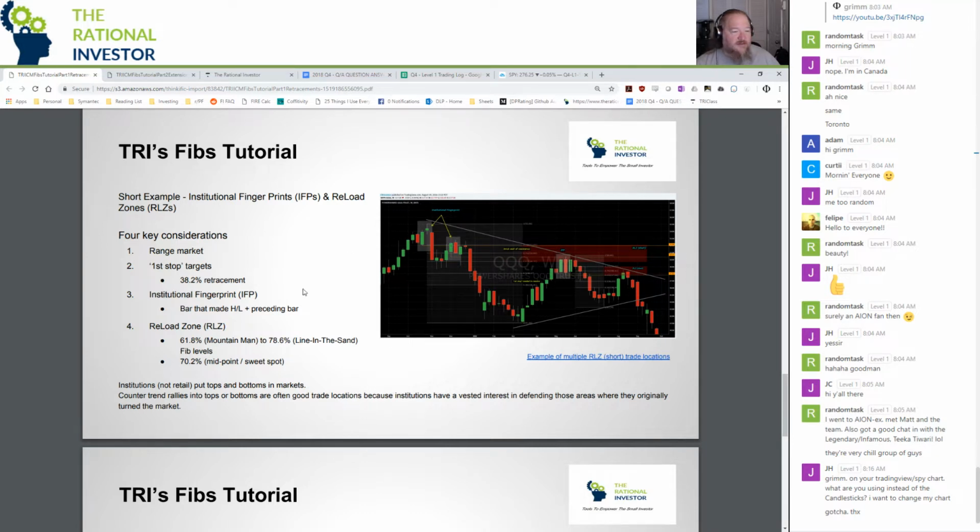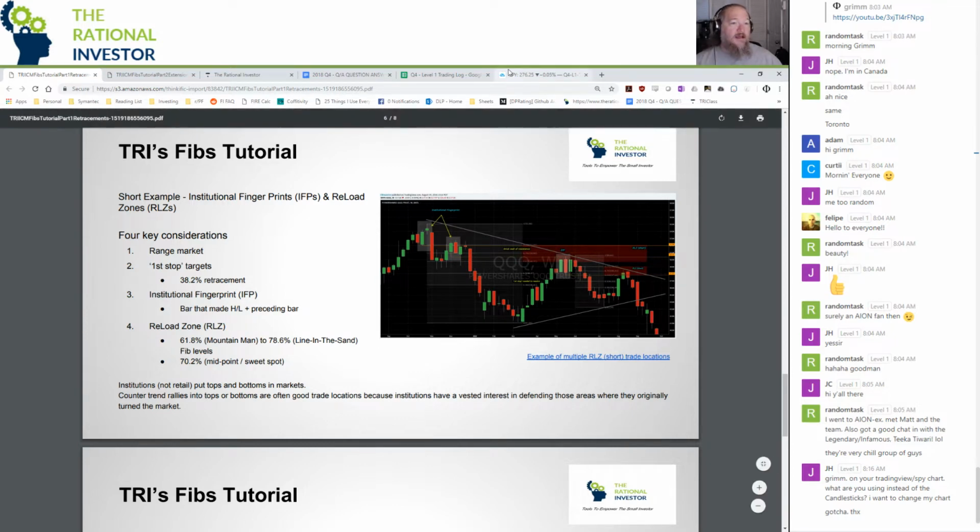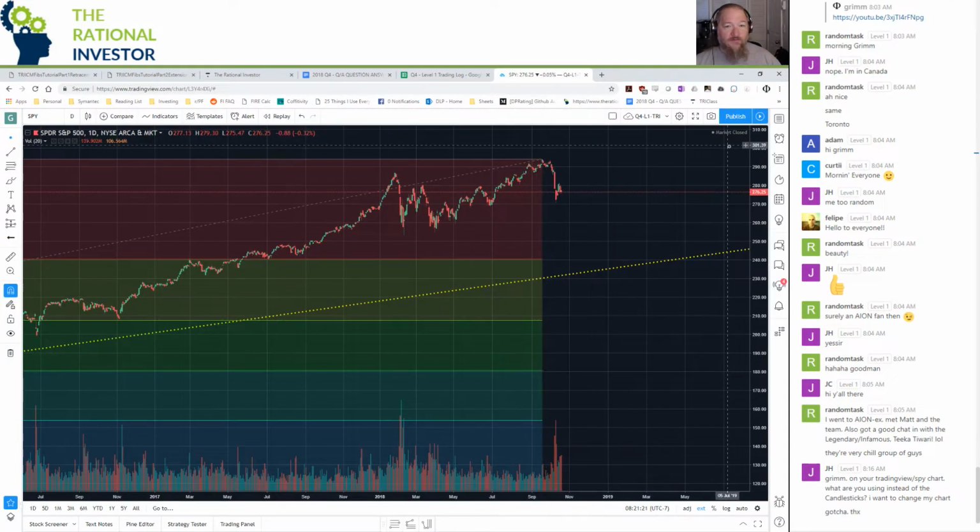We often look at this sweet spot, 70.2, which I don't think is technically a Fibonacci retracement. What it is is the middle of that sweet spot, right? One of the things I use personally when I'm trading is when we get into a reload zone. So when I do a trade setup, my setups factor in my risk, which means if I have location, so this is the first thing I look for is location, and that's where we're talking about retracements. If we are looking for a trade, and let's say I was looking for,